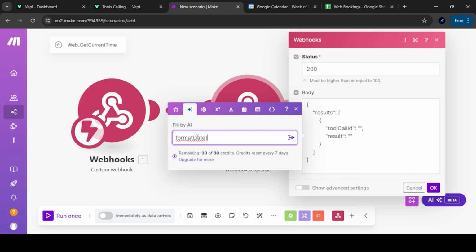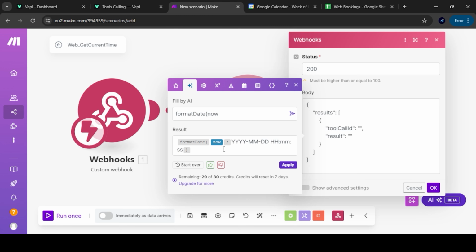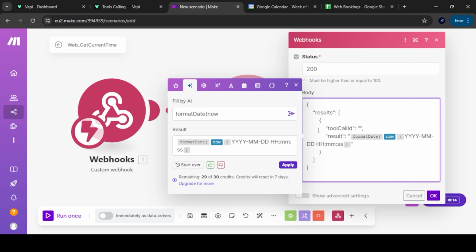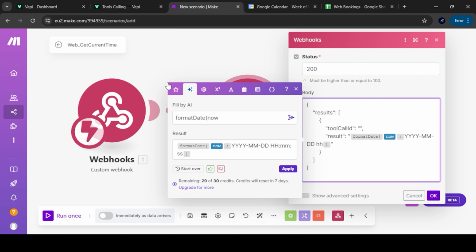Let's check it. Generating. Yeah, here we got it. Copy it, paste it, but here the MMDD is not required for us. Just want HH, I guess. Let me check the format. Let me check in one of my projects.